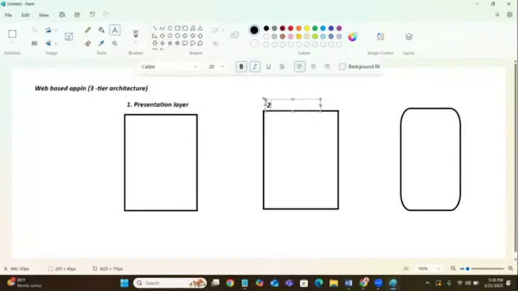Second one, business layer. We are going to call it business layer. Third one is database layer. Database layer. There are three layers. What are the layers? Presentation layer, business layer, database layer. Presentation layer is nothing but pages or screens